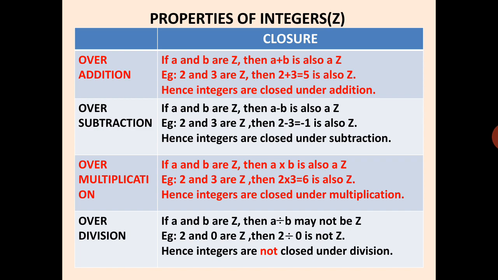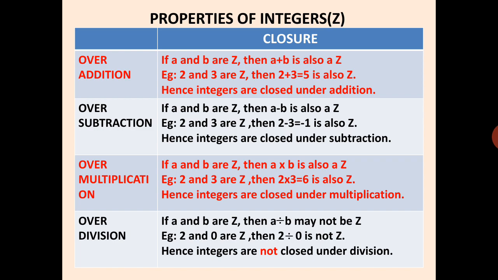Now let us move to the next operation, that is subtraction. Here again we are going to check the same property, that is closure property. So we have considered any two integers, that is A and B here. Again, you can have any other number also for A and B. For simplifying the thing, I have continued with the same number.